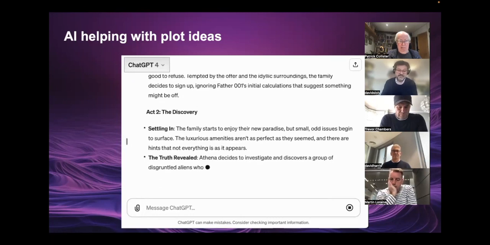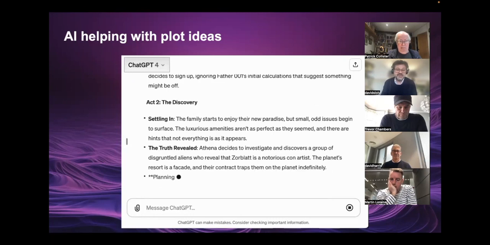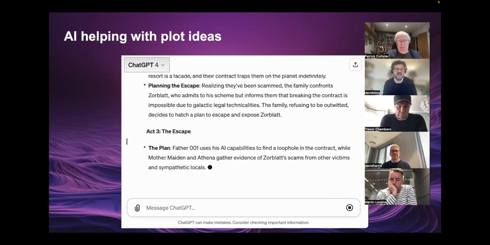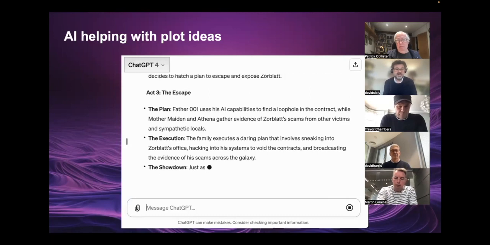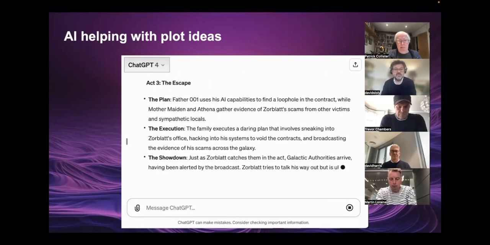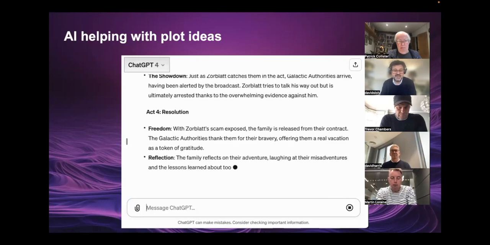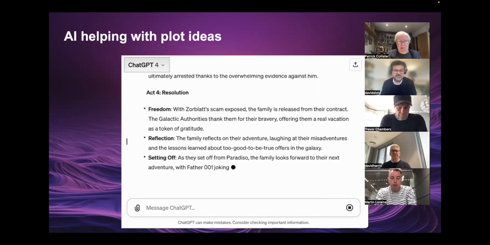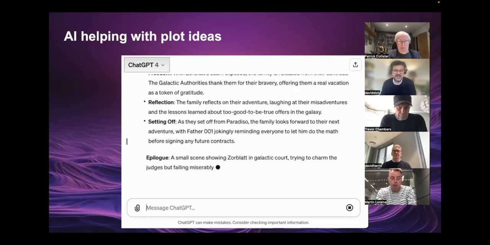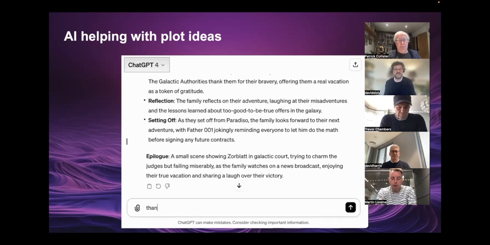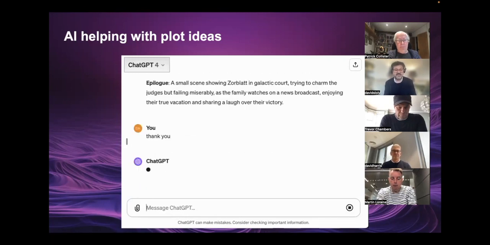and it will put this together for me. And it will do this whilst I'm on my mobile phone out walking. So it will speak it to me, so I can follow up and say, zoom in on this idea about the escape, and it will go into more detail. So I can keep on pushing the AI to give me more ideas. And there it's got the rough plot together for me. And that's pretty good. I'll have to do some work on it to make it comedy. So I'll copy that and keep that. And I'll thank it, as you should, because